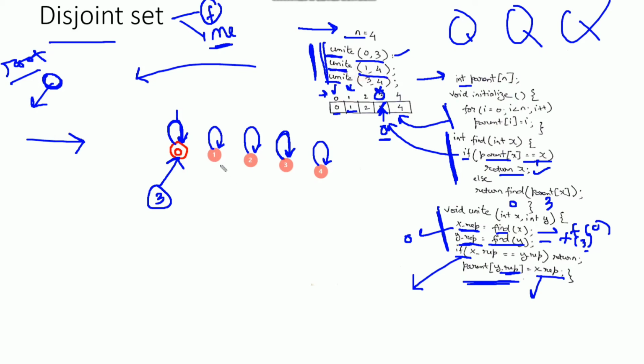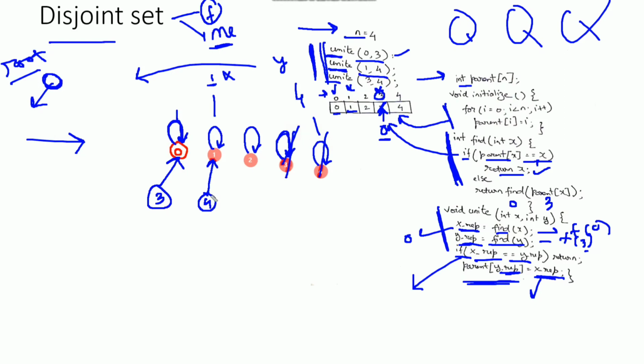If we see in this diagram, we find that 1 is representing itself and 4 is representing itself. It means the representative of data 1 is 1 and the representative of data 4 is 4. So with the help of the find function, I'll get the representative. After that, if the representatives are different, then I will make x representative the parent of y representative. Suppose this is my x and this is my y. So I will make 4 a child of data 1.